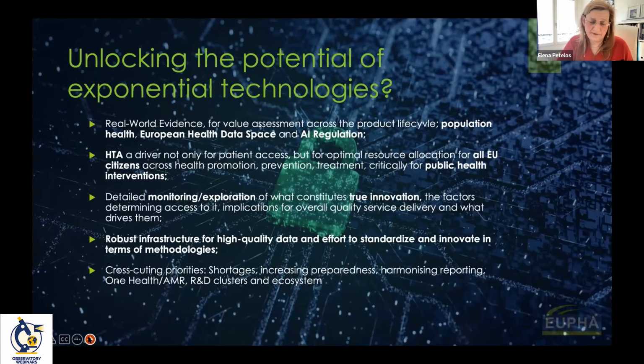We also have a very divergent situation in the EU. We have the highest income countries, but we have very different abilities and capacities in different bodies and mechanisms across the EU that can contribute or supplement the JCA. We also don't have the most robust infrastructure for generating high quality data across the board, and we're still lagging behind in terms of standardizing and innovating for methodologies. Critically, at the moment, there's a lot of discussion on what can be done for increasing preparedness and harmonizing reporting. But also, I think you also have a dedicated slot in that in terms of implications for